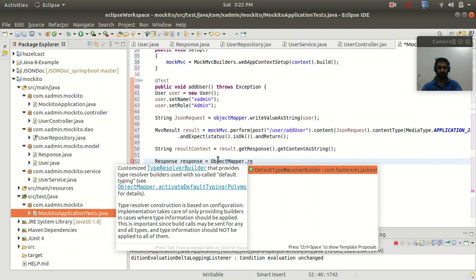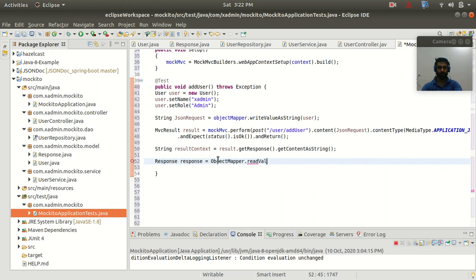So objectMapper dot readValue, and inside this we need to pass our resultContext, and then we need to pass our Response class, Response dot class, right?